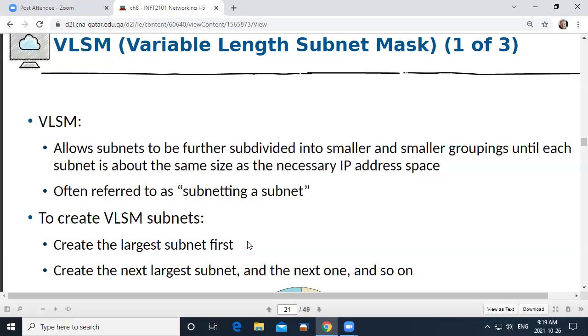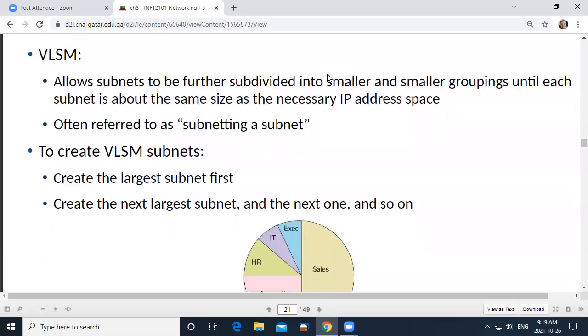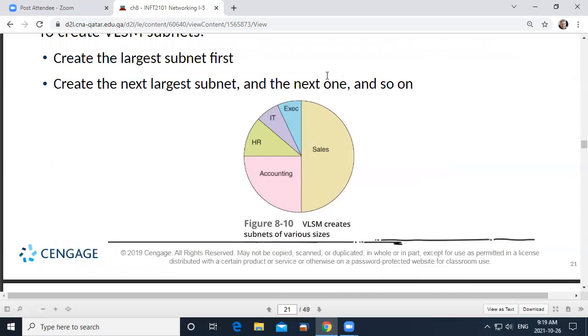And so we have this concept here, which is your variable length subnet mask. The idea of the variable length subnet mask is that you divide your network into half, and maybe you can use that. And then the remainder, you can work with the remainders, right? You can say, okay, the remainder, we'll divide that in half and make 2 subnets out of that. And this diagram is sort of representing that. So, half your people were in sales, a quarter of your people were in accounting, 1/8 of your people were in HR, and 1/16 of your people were in each of these areas here. And so we can do that.